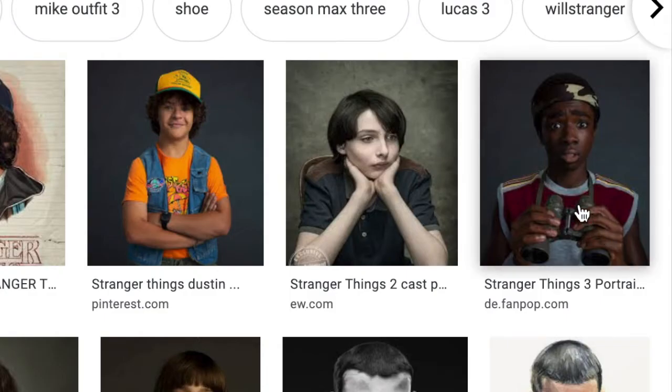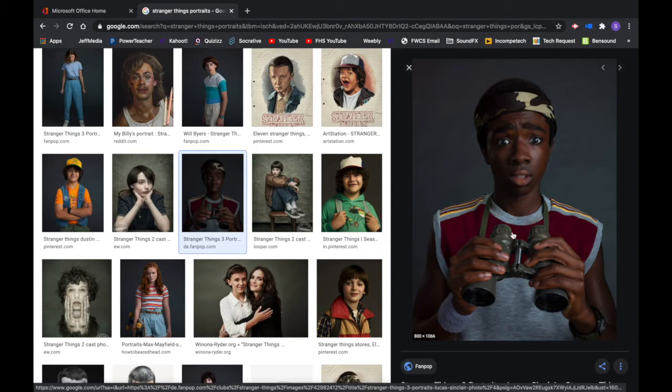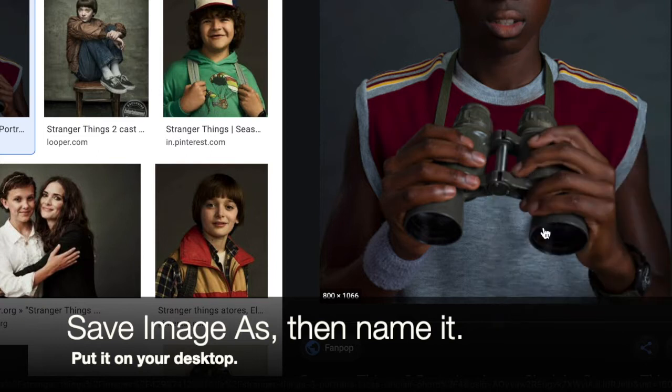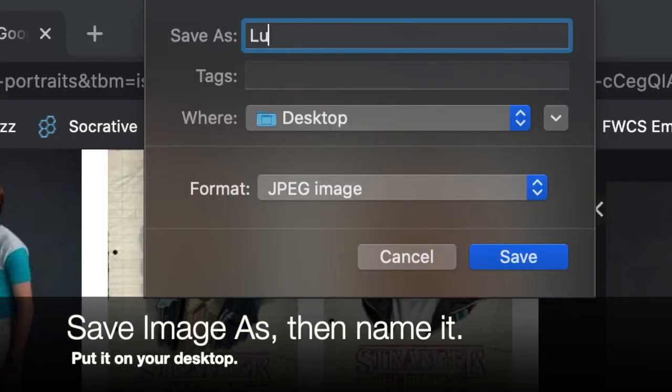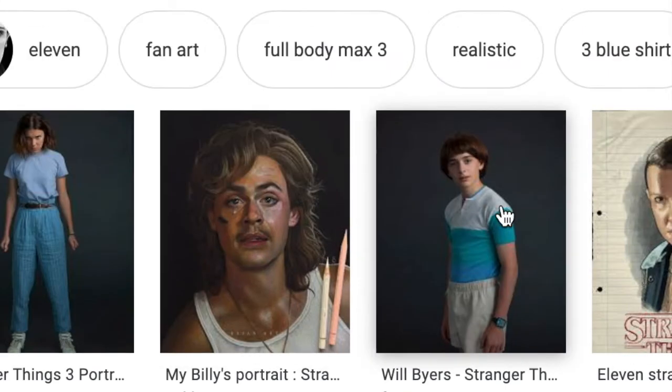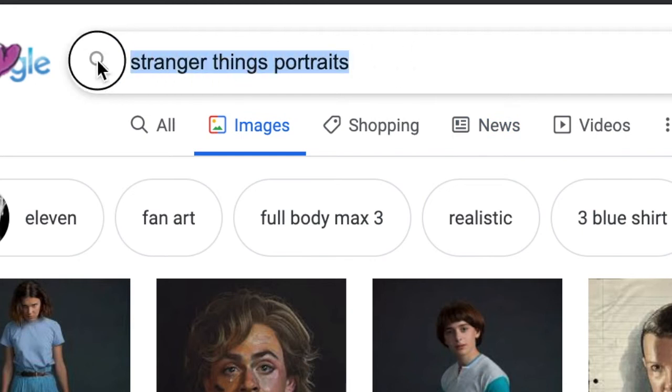Found it. I like the one with Lucas with the binoculars. Yeah, that's good. So, right click. We want to save the image as Lucas. On the desktop, click on Save. Ooh, nasty one with Billy with his face all cut up. Let's see if we can find